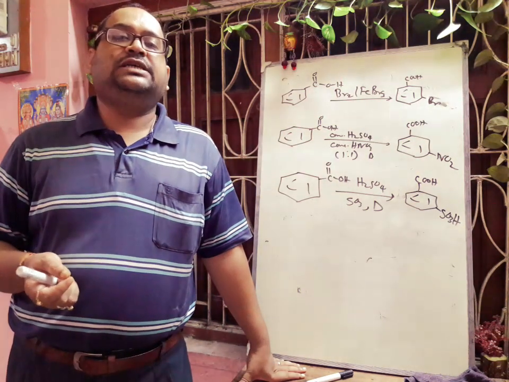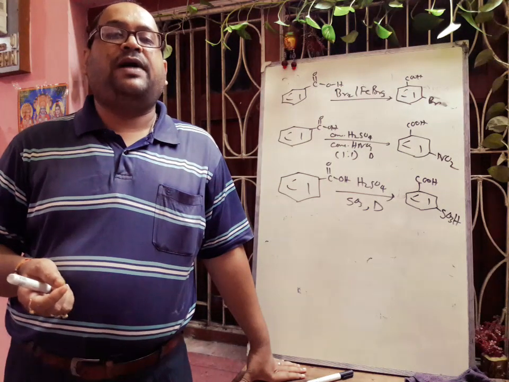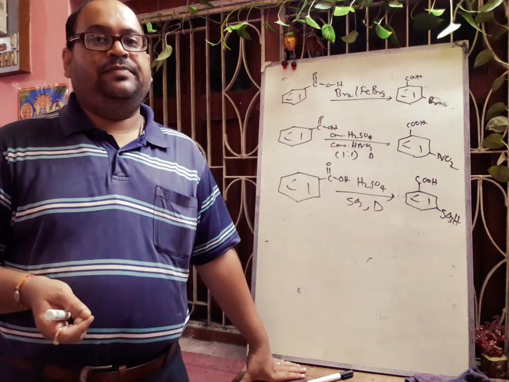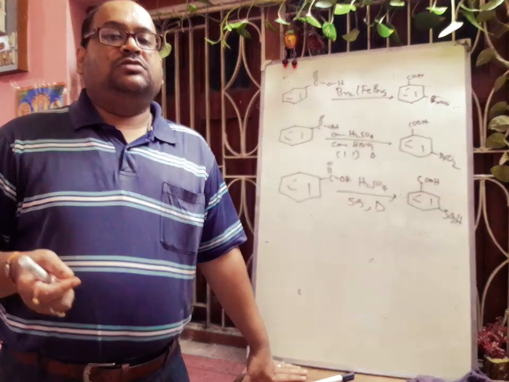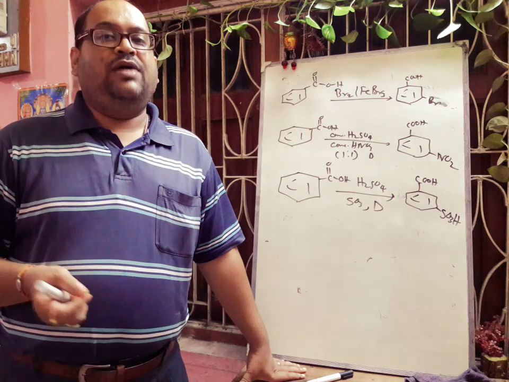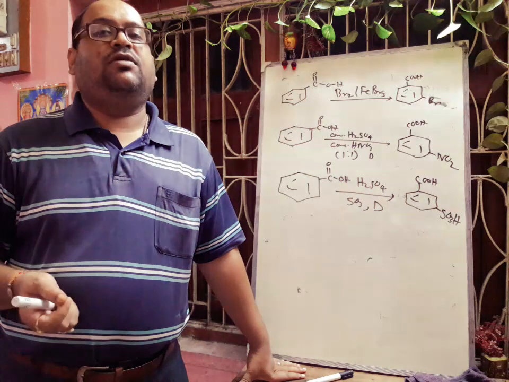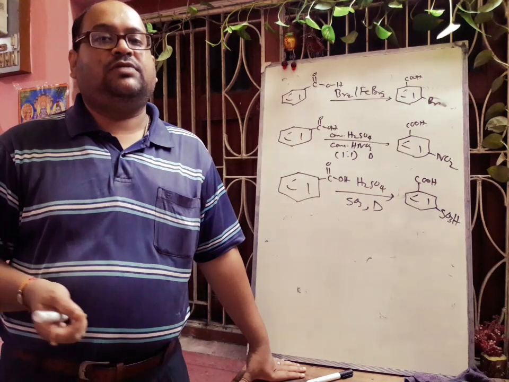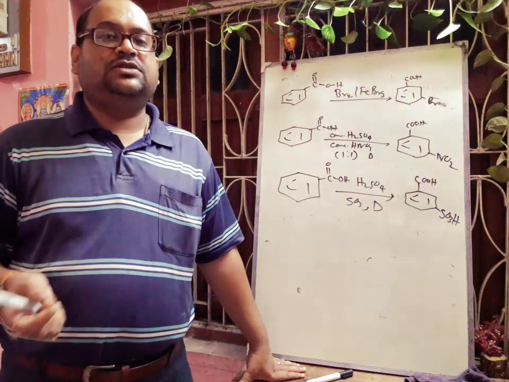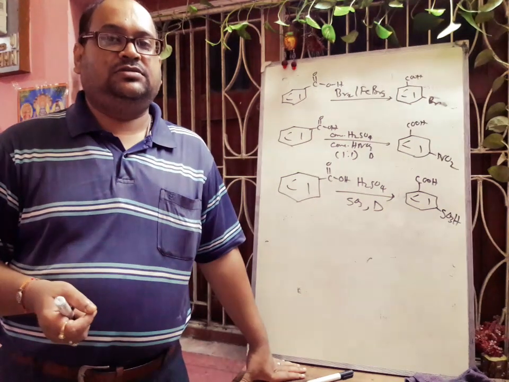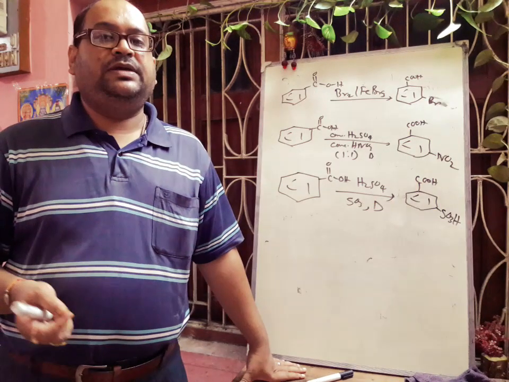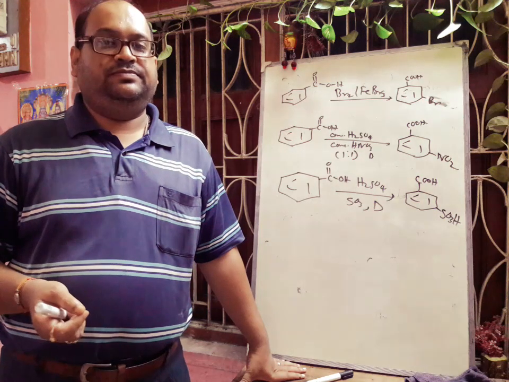Next one, we will discuss benzoic acid. Benzoic acid will give a buff colored precipitate on treatment with neutral ferric chloride solution, okay. And it will also produce carbon dioxide gas if we add sodium bicarbonate solution. And you have to remember one thing, that benzoic acid is soluble in hot water, so we have to perform this test in hot water. Okay. On warming with ethyl alcohol and a little concentrated sulfuric acid, benzoic acid also will give a fragrant odor of ethyl benzoate. Okay. On strongly heating with soda lime, it gives vapors of benzene which burn with a sooty flame.